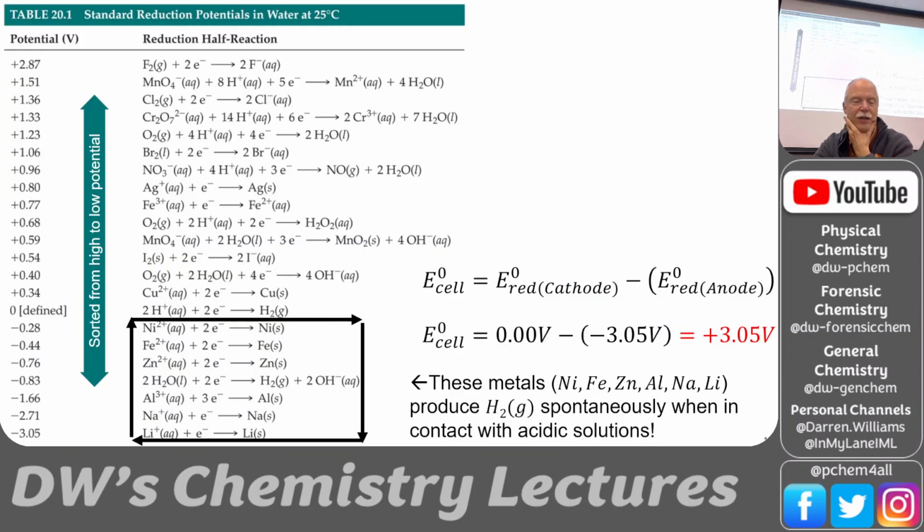Now we have all of these reactions written out in standard reduction potential tables. You can see these in the back of the book. And now the first thing you want to do is look to see if it's an alphabetical list or if it's listed by reduction potential. Okay, if it's an alphabetical list, then what I have on this screen is totally bogus. Okay, but if it's listed by potential, if you notice, if it's sorted from high to low,